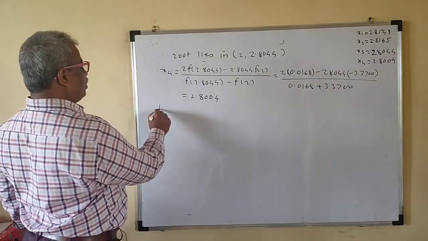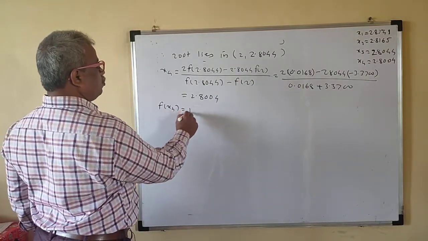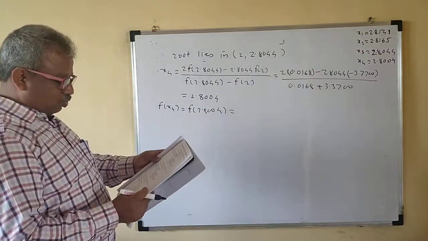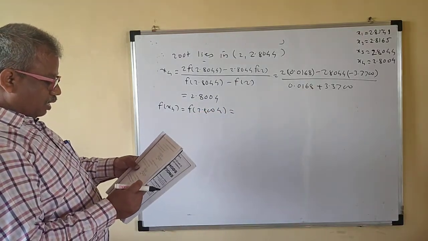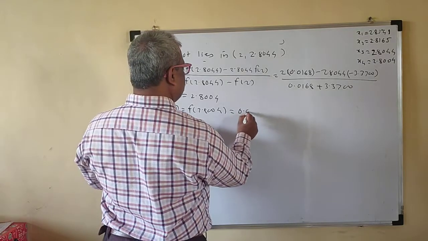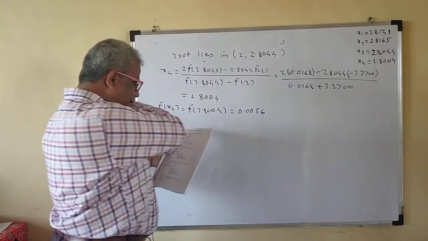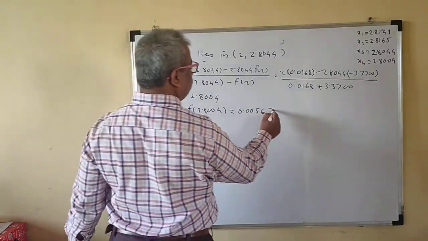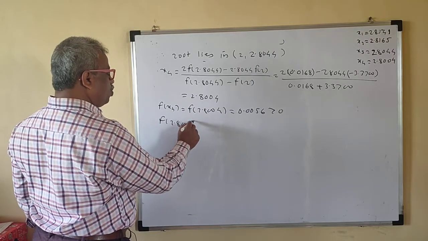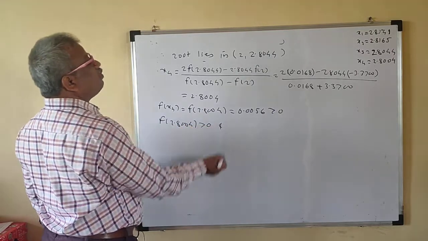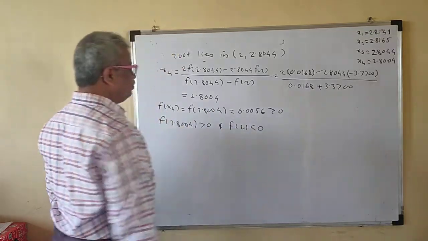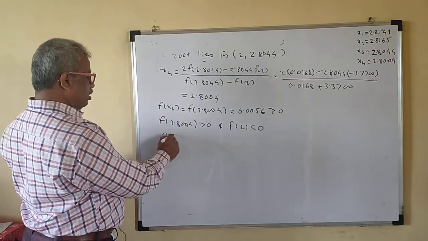So now find f of x4. f of 2.8004, the value is 0.0056 and this is positive now. So f of 2.8004 is positive, and see, which one was the previous one? f of 2 is less than 0. Okay, therefore the root lies in